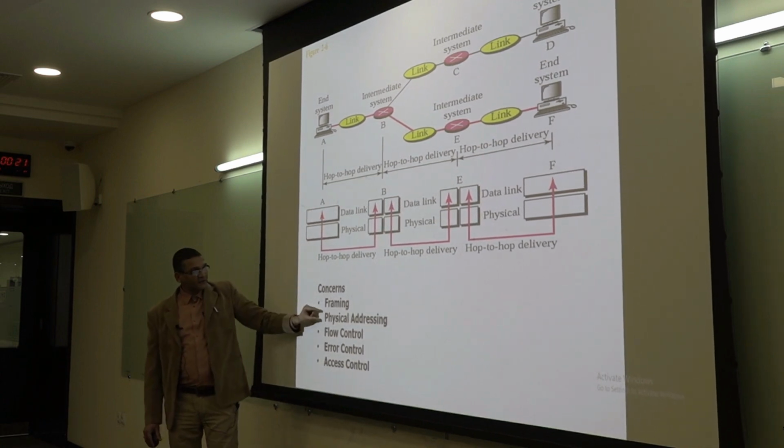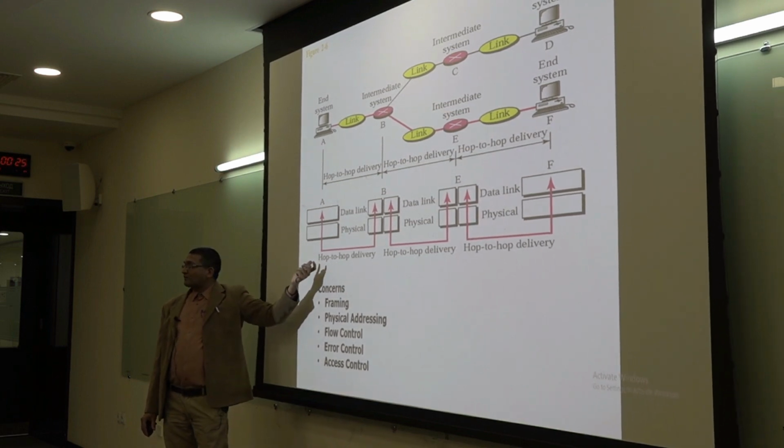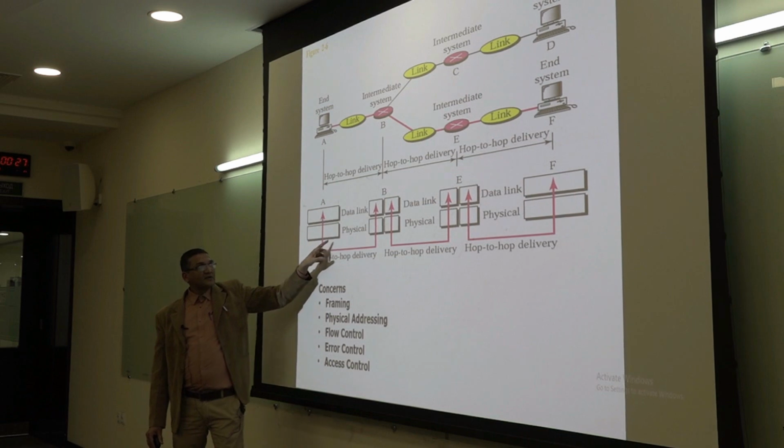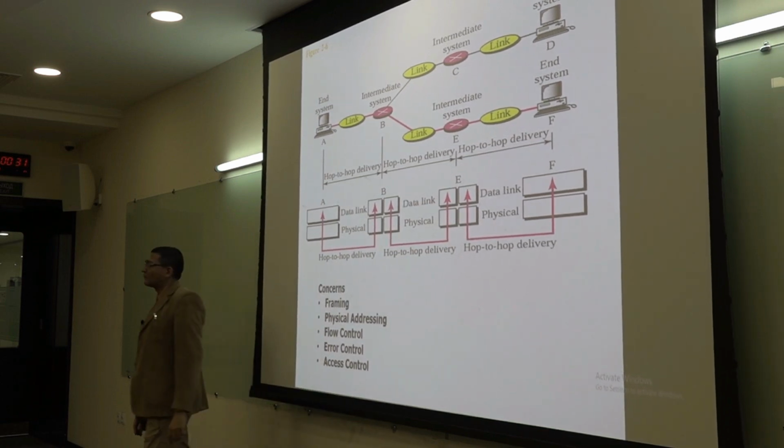So this will identify the physical address of its own machine, of the sender and the receiver. So who is the receiver? This machine is the receiver. And the flow control. Flow control means